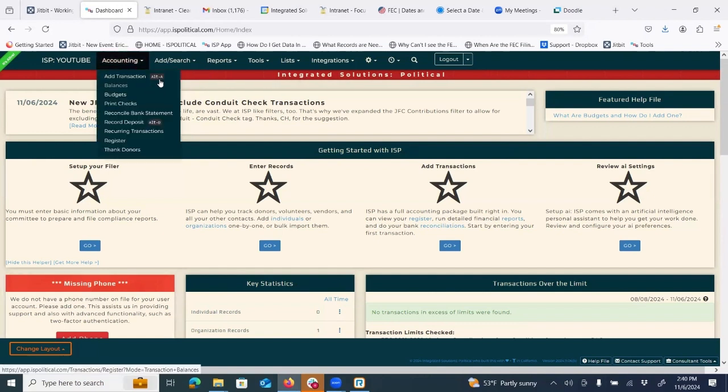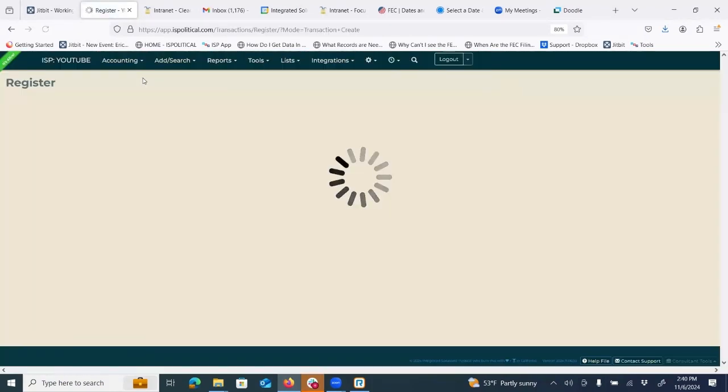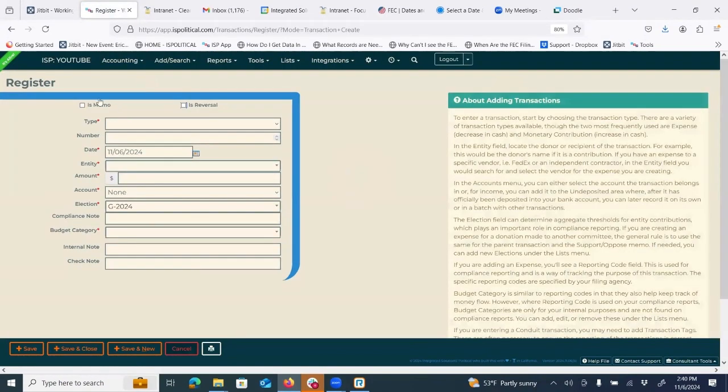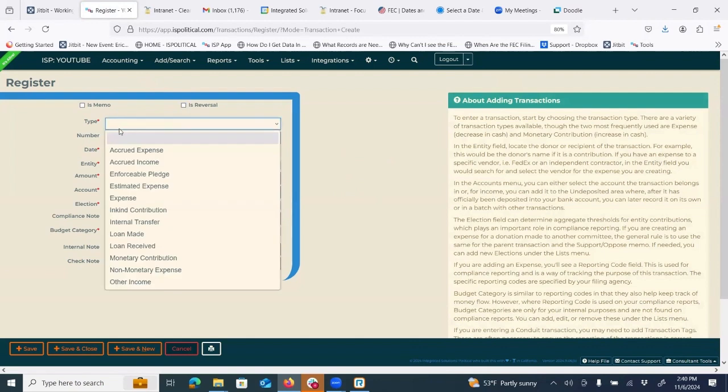accounting. I'm going to start with this accounting menu here. I'm going to click Add Transaction, and this is where I can go to manually add transactions. So on this page, we've got the type box. That's going to show me all of the available transaction types. There's a bunch here. I'm going to focus mostly on expenses and monetary contributions because those are going to be